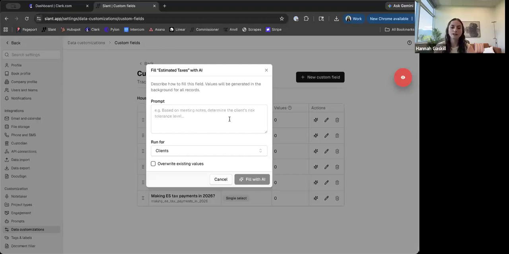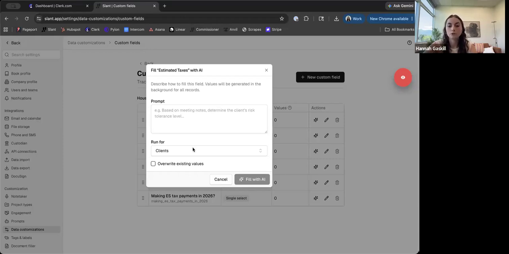for you. So if you did, for example, want to do a goals and priorities custom field or something like that, and you want to know what people's goals are, you can give it a prompt. And again, the more specific prompt that you give it, the better job that it does. You can tell it what to search through if you have a certain formatting you're using in certain notes or documents. Tell it exactly what to search through, and you can have it backfill these custom fields for